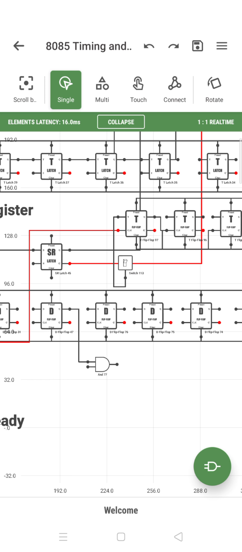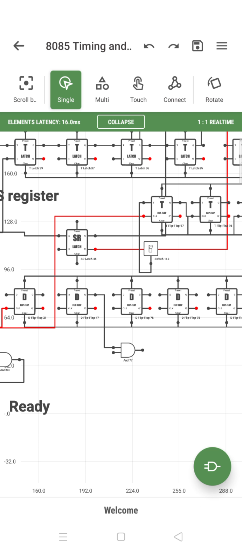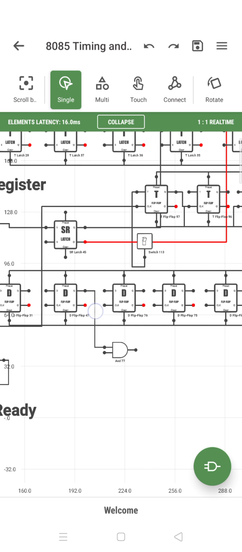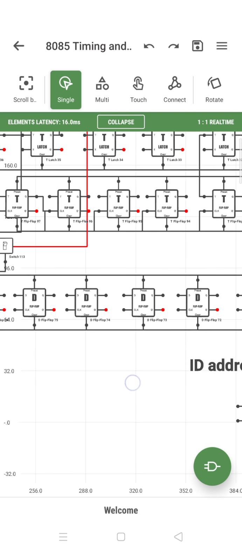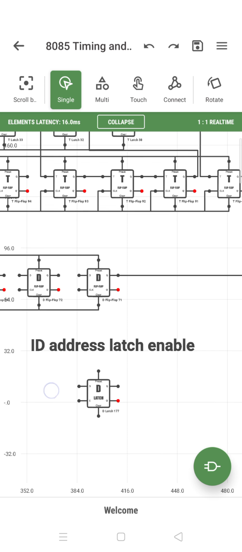So this is the status register, and all the control signals that come from the decoding element get latched onto these D flip-flops, where the address instruction and the data instruction come in.